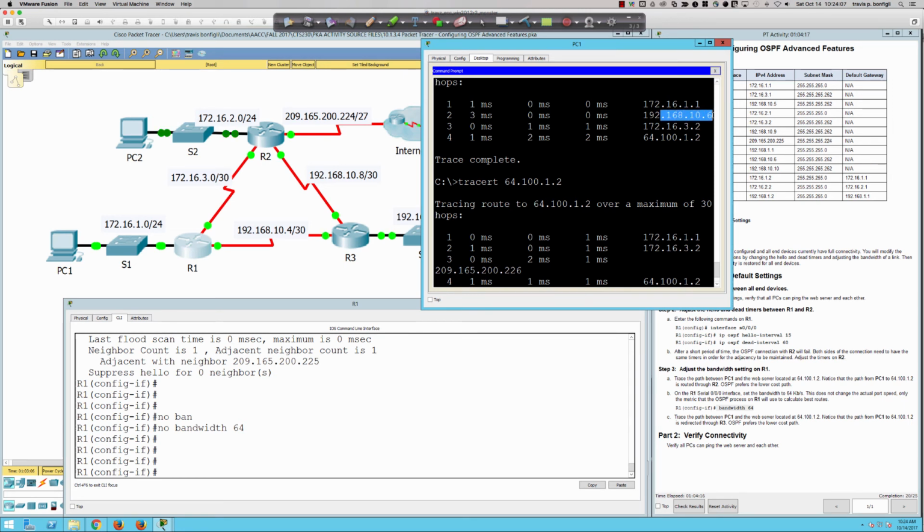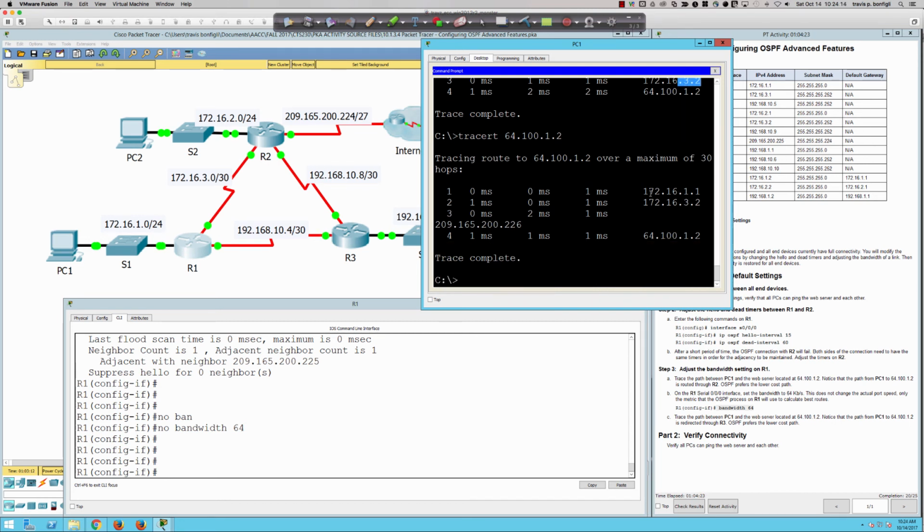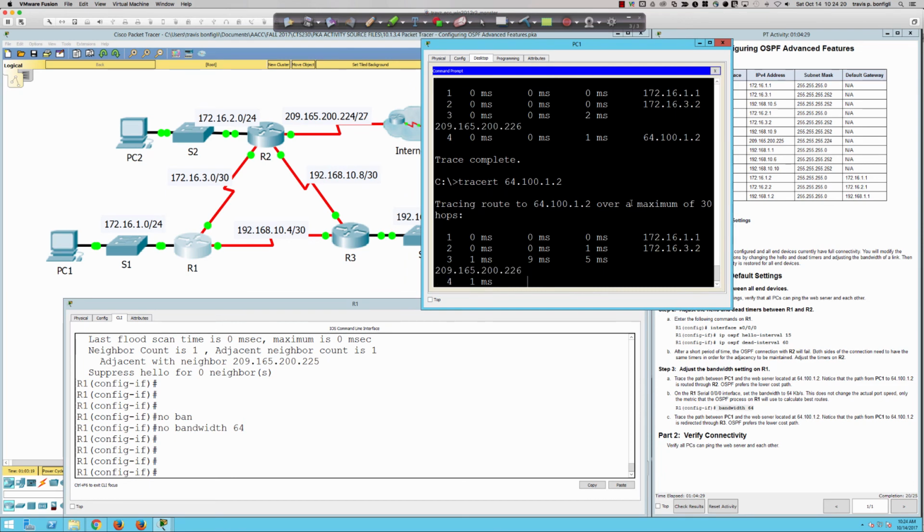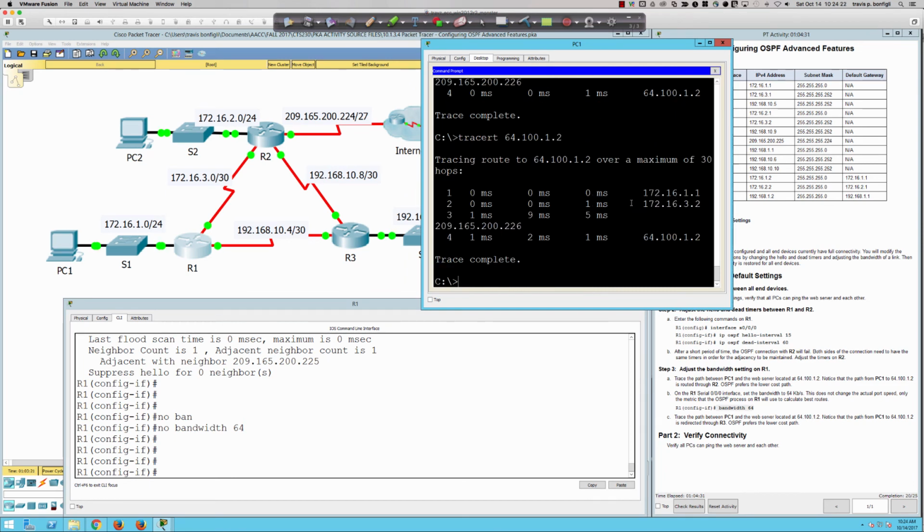It didn't pick it up, but then look what happened. So it went out to router 3, then to router 2, but we wanted to go just to router 3. And so now we're back to the original case. So how would we do this with the IP OSPF cost command? Well, we would simply make, from an outgoing interface perspective, because that's how it's being calculated, we would tweak the cost here on the interface,